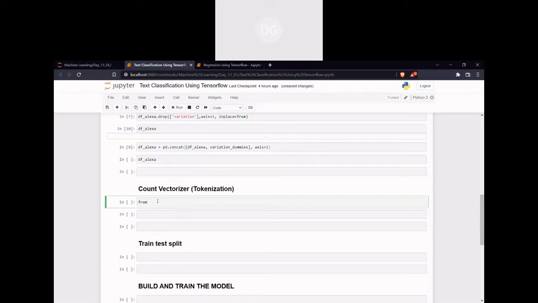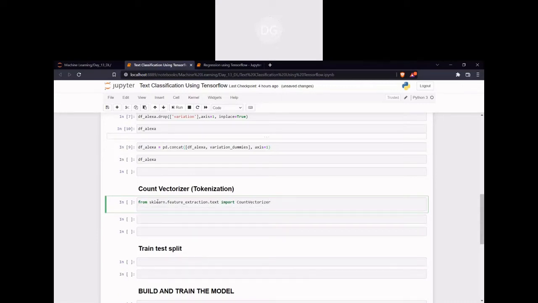So sklearn dot feature extraction dot text, since we are dealing with text, and from that we are going to import CountVectorizer.